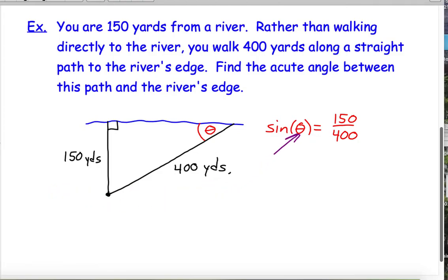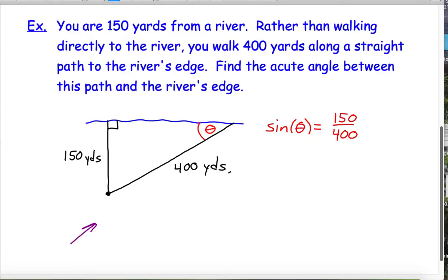Now here we need to solve for theta. Theta is inside the sine function, so we need to undo that. We need to do what's called the inverse of the sine function. And so theta is going to equal, and we're going to talk more about the inverse trig functions shortly. But the notation, just like you would do for the inverse of a function f, you do f negative 1. We write sine negative 1. That doesn't mean 1 over the sine. That means the inverse of the sine function